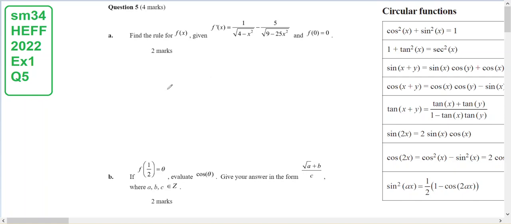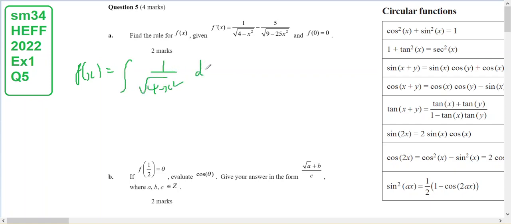So this is Heffernan 2022 Exam 1 question 5. We have an antiderivative to take because we've got the derivative of f of x equal to this. Find f of x. So f of x will be the integral of 1 on the square root of 4